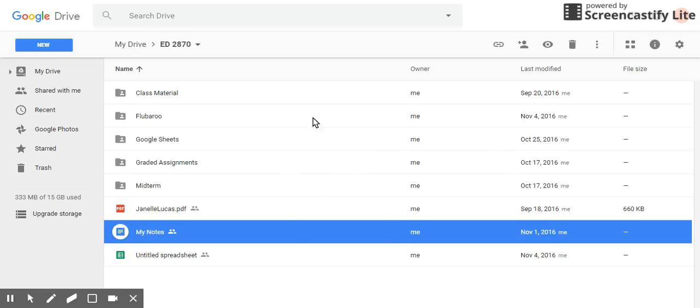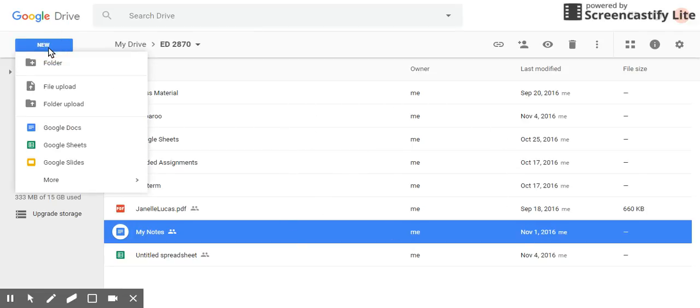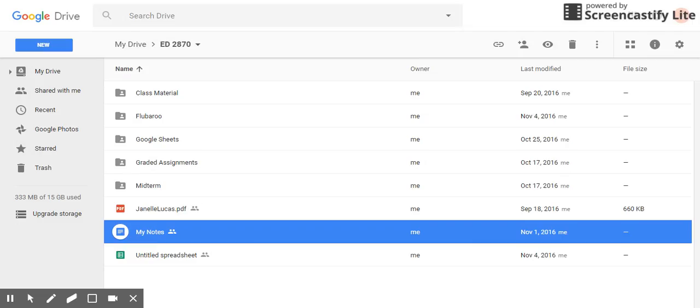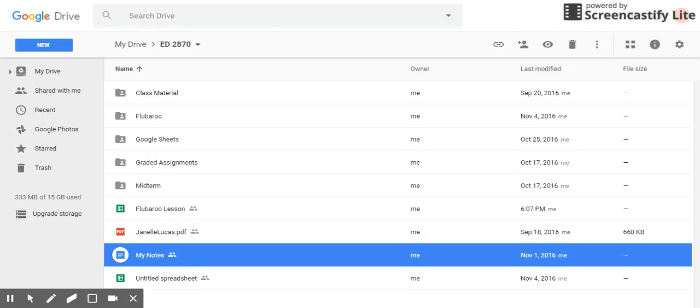Open up your Google Drive, click on New, and go down to Google Sheets. This allows you to open up a new Google Sheets. To install Flubaroo, go to Add-ons, click on Get Add-ons,